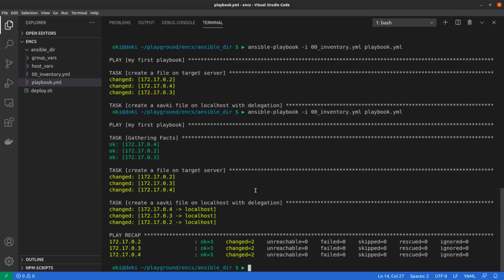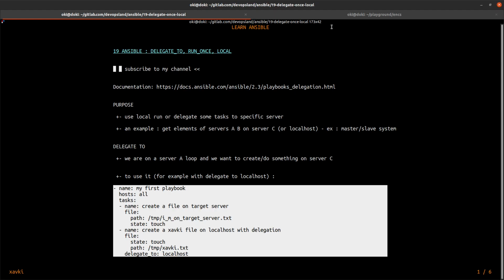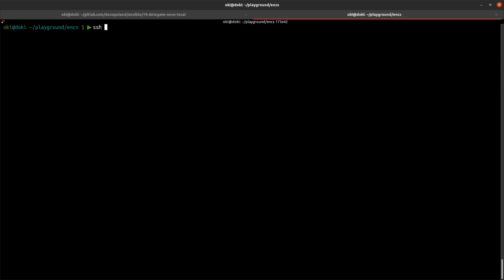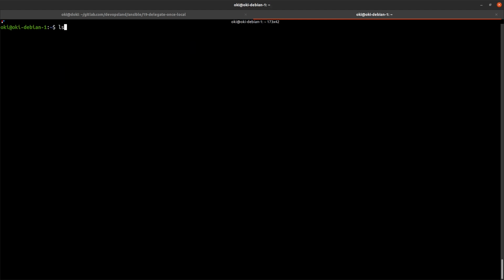So if we check, we have two tasks. In the first task we have 3 changed. If we go into one of these servers, 172.17.0.2, and I check in /tmp, I now have my new file on each server: I'm on target server.